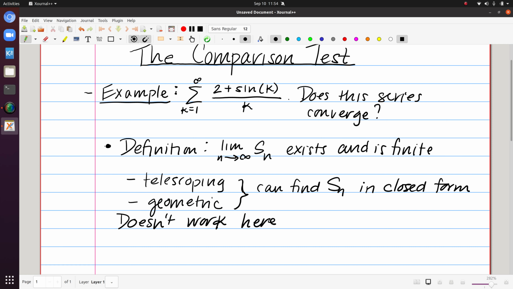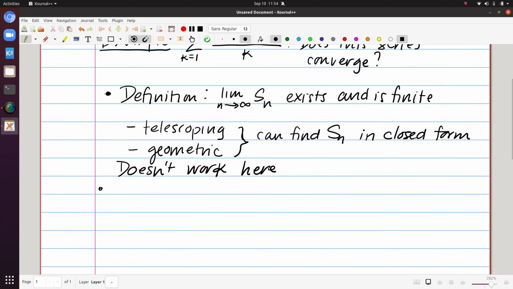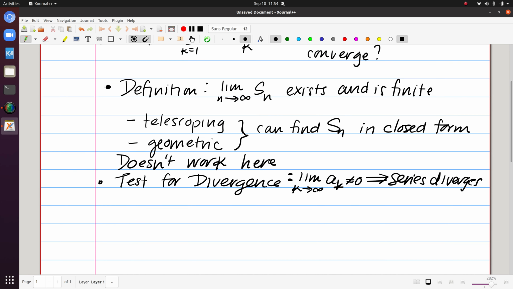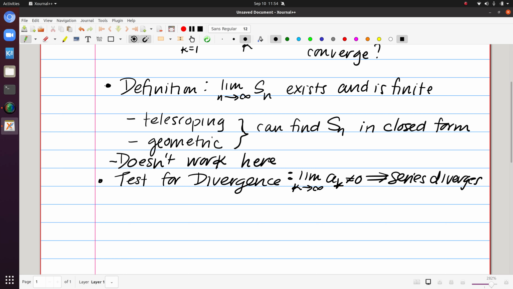So then another thing to consider was the test for divergence. In that case, we look at the limit of the terms. The test for divergence says that if the terms do not go to zero, the series diverges. So for us,